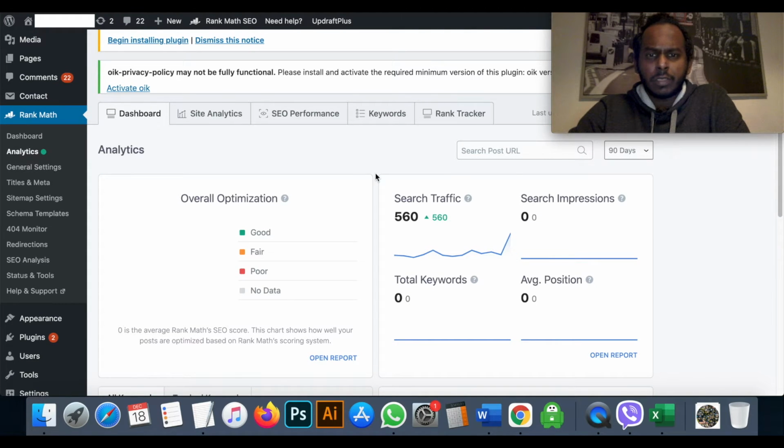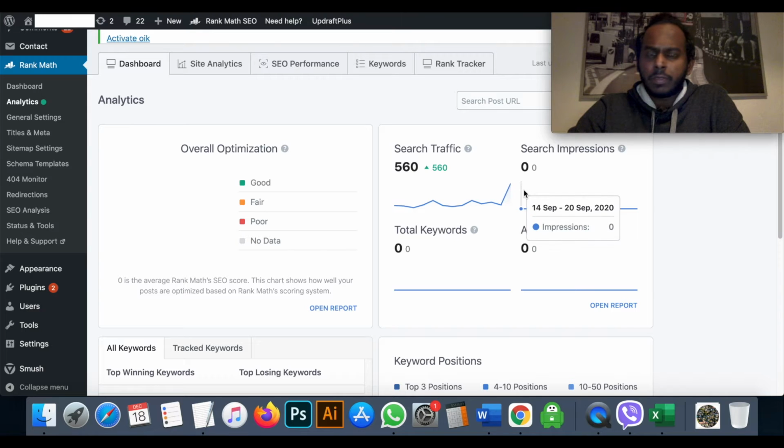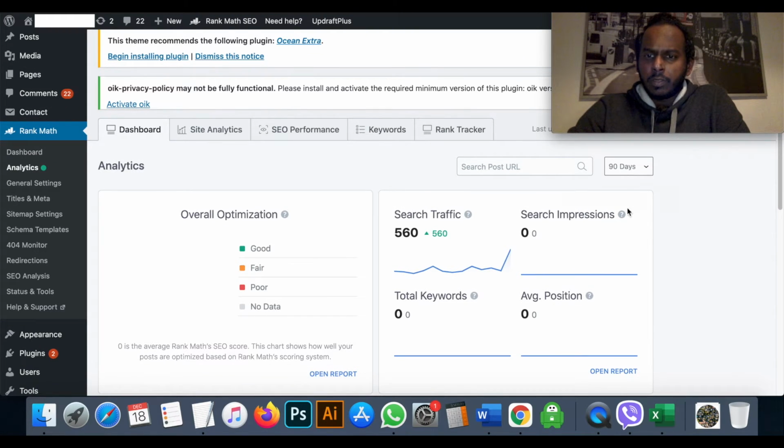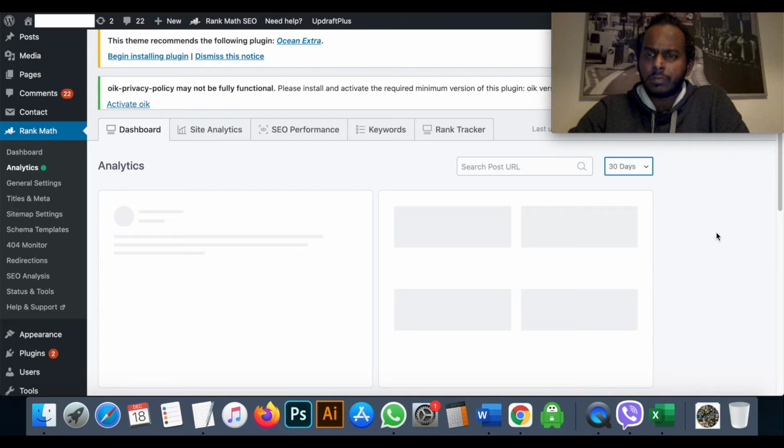I have connected Google Analytics and Google Webmaster Tools. Rank Math is supposed to bring data from Google Webmaster and Google Analytics. There are no search impressions, no average position, no total keywords, but for traffic I can see 30 days.